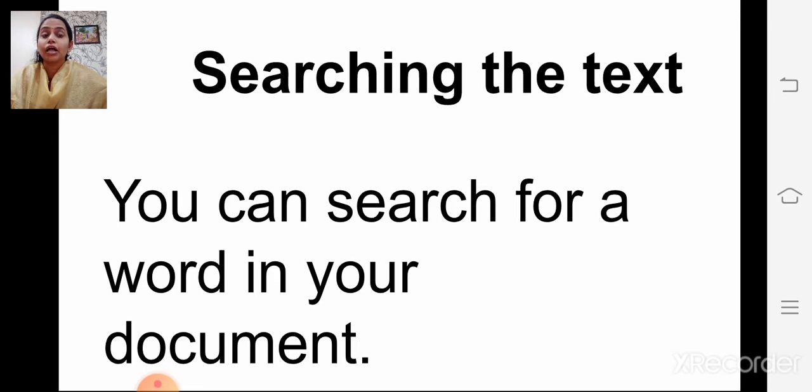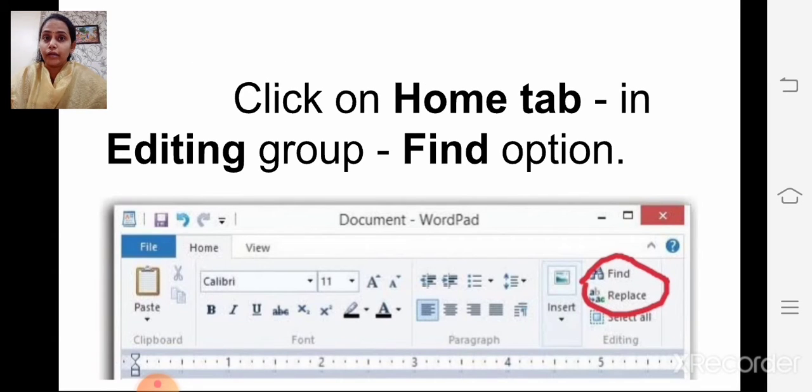Now, what is the command which we use to search the text? We use the find command to search text in a document.